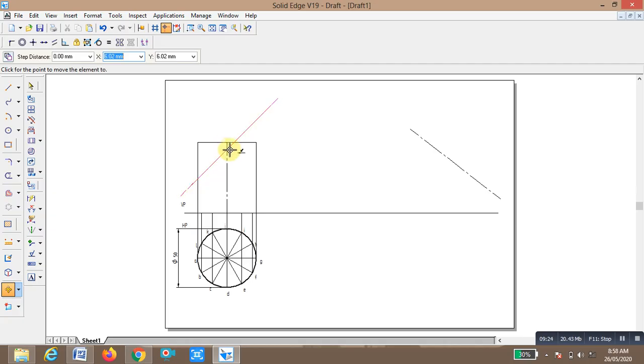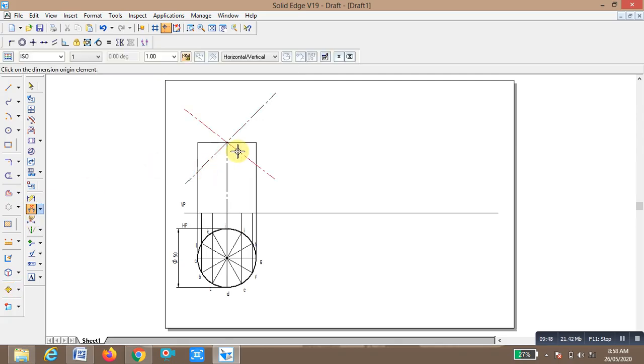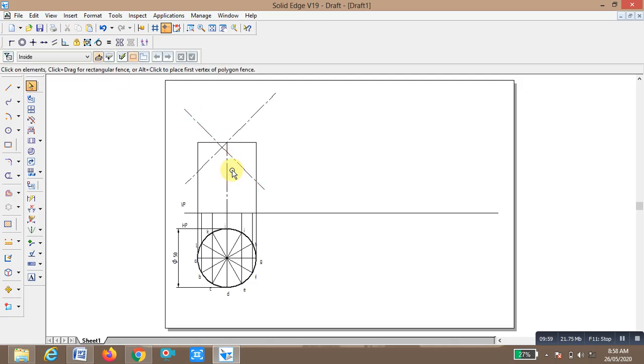Similarly, we have to move this line, okay, and place it at this extreme top end, and again we are going to maintain the angle between this second section and this vertical axis. Now it is 52, change it to 45, enter, okay. Now I want to set it properly, that is, passing through the extreme end. So just click, select, and place it at this point.